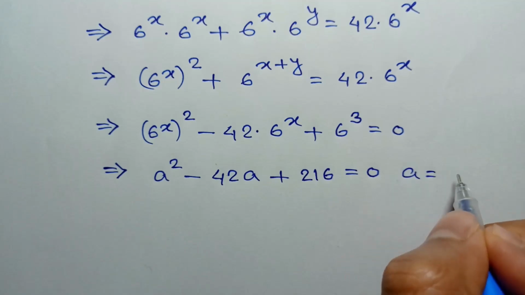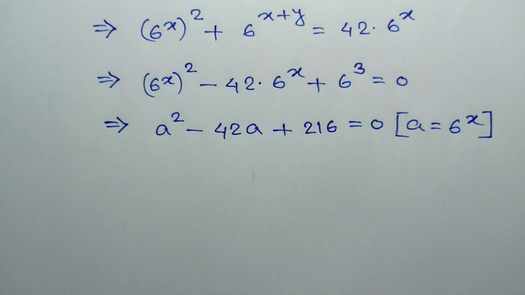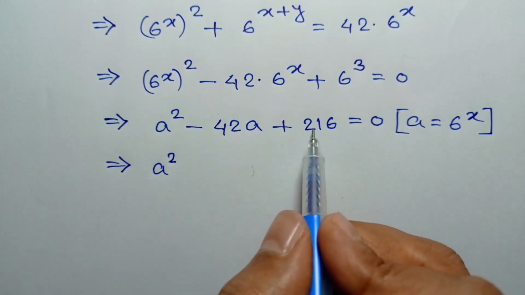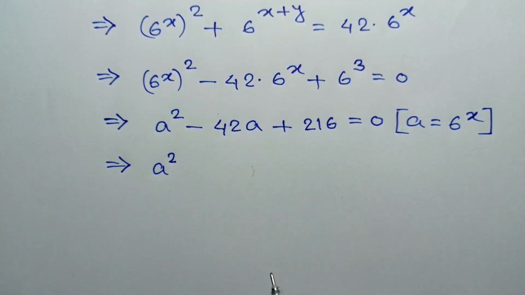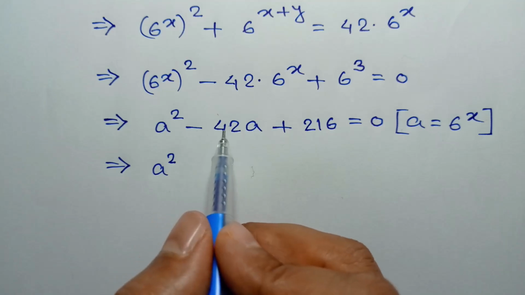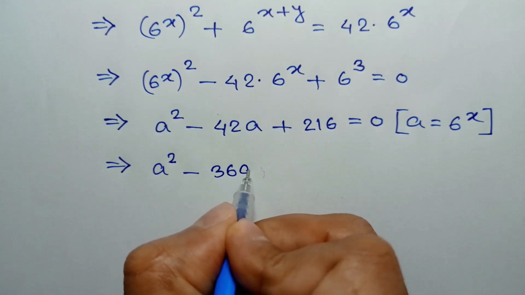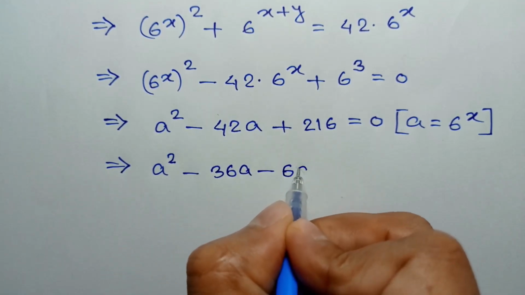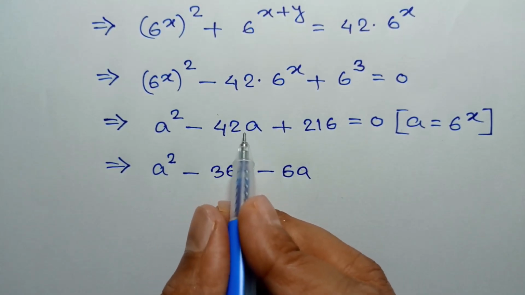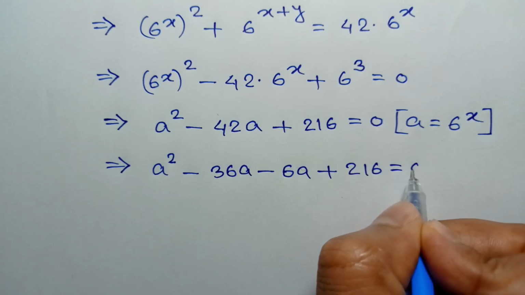Here a is equal to 6 to the power x, so a square minus 42a plus 216. 216 is 36 times 6 and 36 plus 6 is 42. So negative 42a can be written as negative 36a minus 6a. This negative 36a minus 6a is negative 42a, plus this 216 is equal to 0,